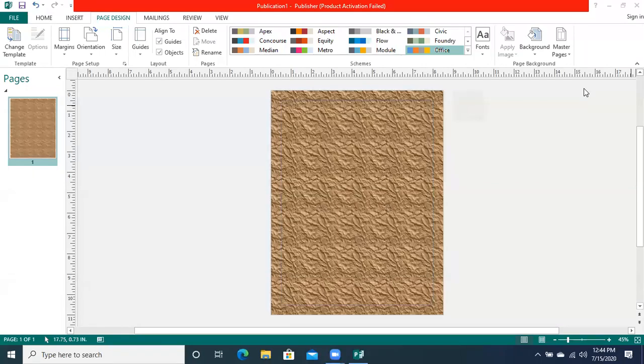Okay. Now in the backgrounds, in the options of the backgrounds, I am going to tell you some more things. How we can set up the pattern as a background and a picture as a background. Basically, this is the question that we need to understand.